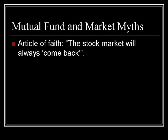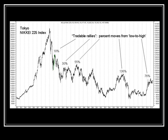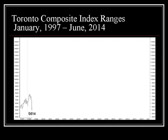And there is a lot of faith in the idea that stock markets always come back, ultimately moving ever higher. Well, one glaring exception to this rule over the past quarter century has been the Tokyo Nikkei 225 index, which peaked out at around 39,000 in 1989, and over the ensuing 25 plus years has not even come close to reclaiming that level. And at the same time, there have been lots of tradable rallies, opportunities, and the nature of